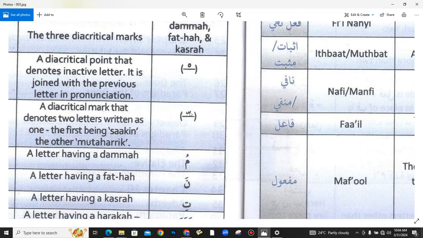This is tashdeed. This is the sign. So what does it do? It makes a diacritical mark that denotes two letters written as one, the first being sakin, the other mutaharrik. Let me explain. This gives a sign that the alphabet it is written upon,